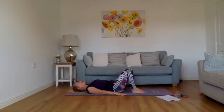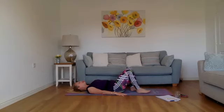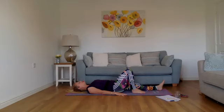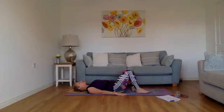As you breathe out, extend the right leg along the floor and away from the body. And then inhale, bring it back in. And then swap to your left leg, breathing out as you go out, breathing in as you come in. So this is going to be level 1 as you slide the leg along the floor, alternating from right to